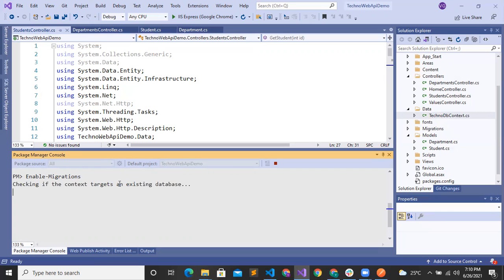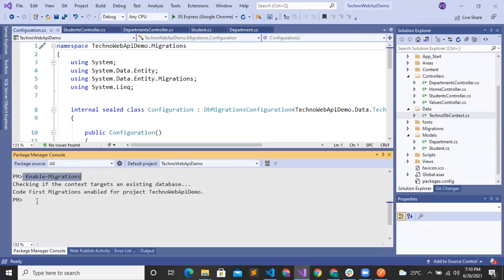So keep that in your mind. You have to execute enable-migrations in the Package Manager Console. Now we have enabled our migrations. So we are ready to add migration.